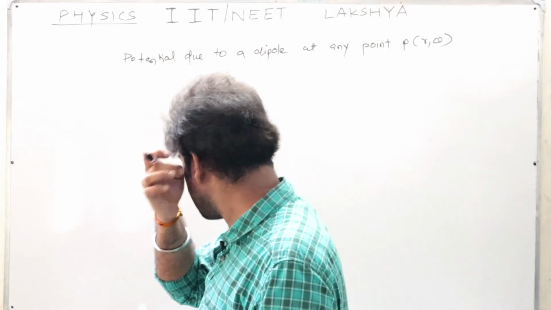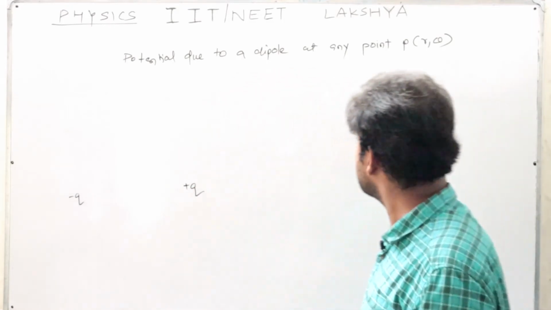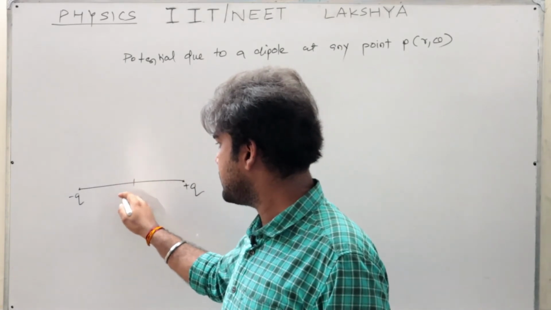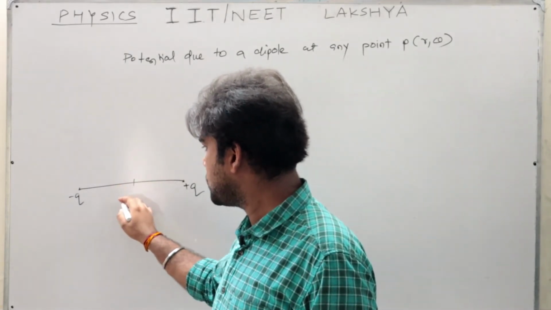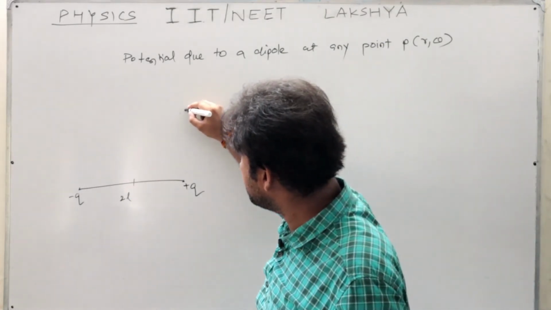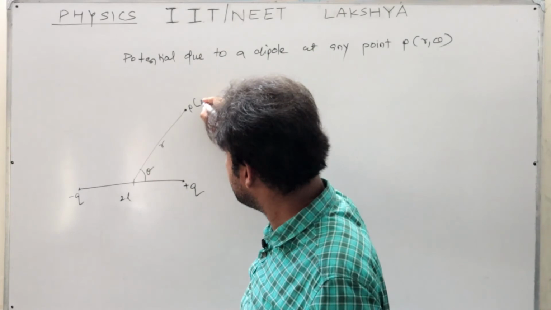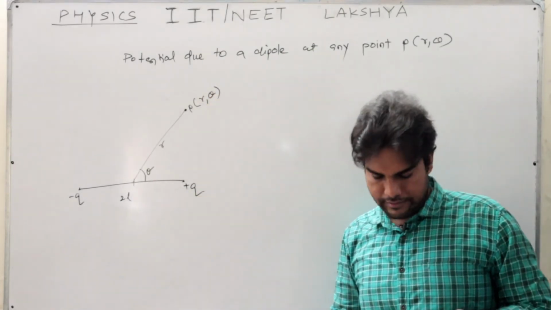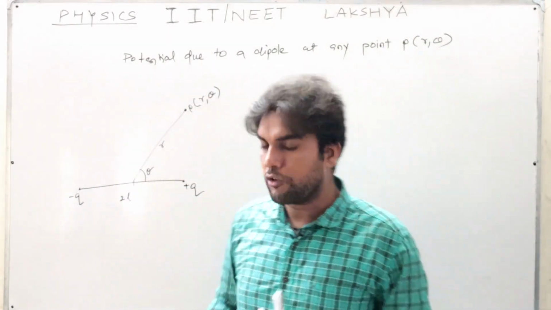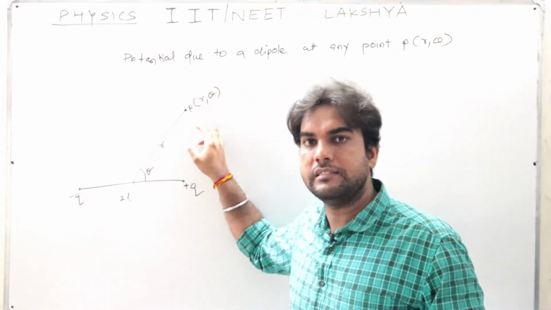Observe here. Let us say this is minus q, this is plus q. This is your dipole. This distance is obviously 2L. Suppose you want to find the potential at this point P. This distance from the center is r and this angle is theta. That's why I am saying r comma theta. So this point is neither behaving as an axial point nor as an equatorial point. This is in general any point P. So how are you going to find the potential at this point? That is the question.